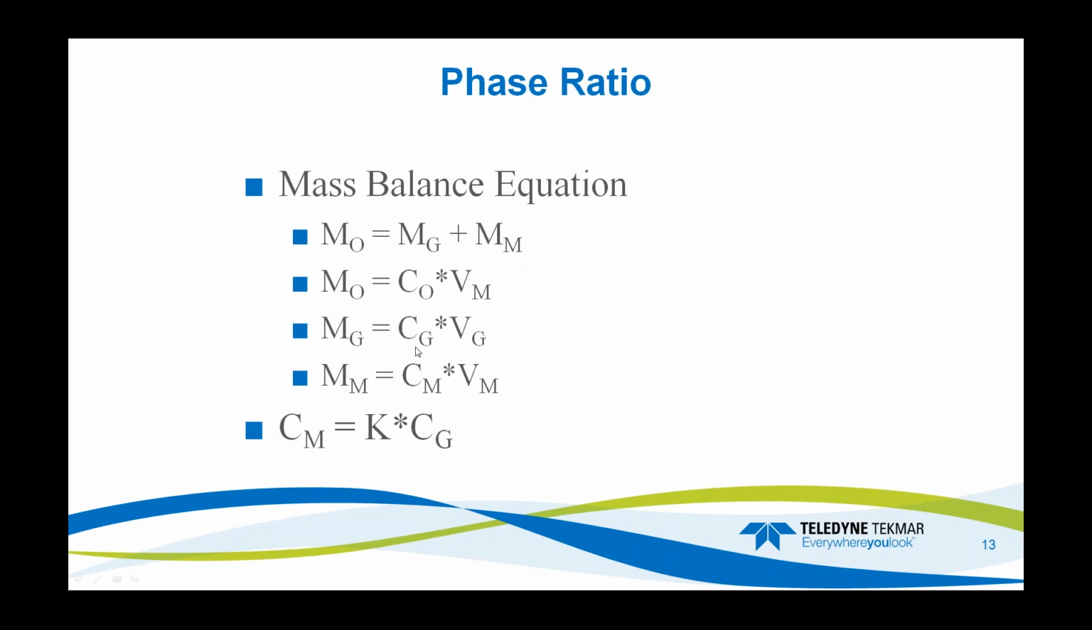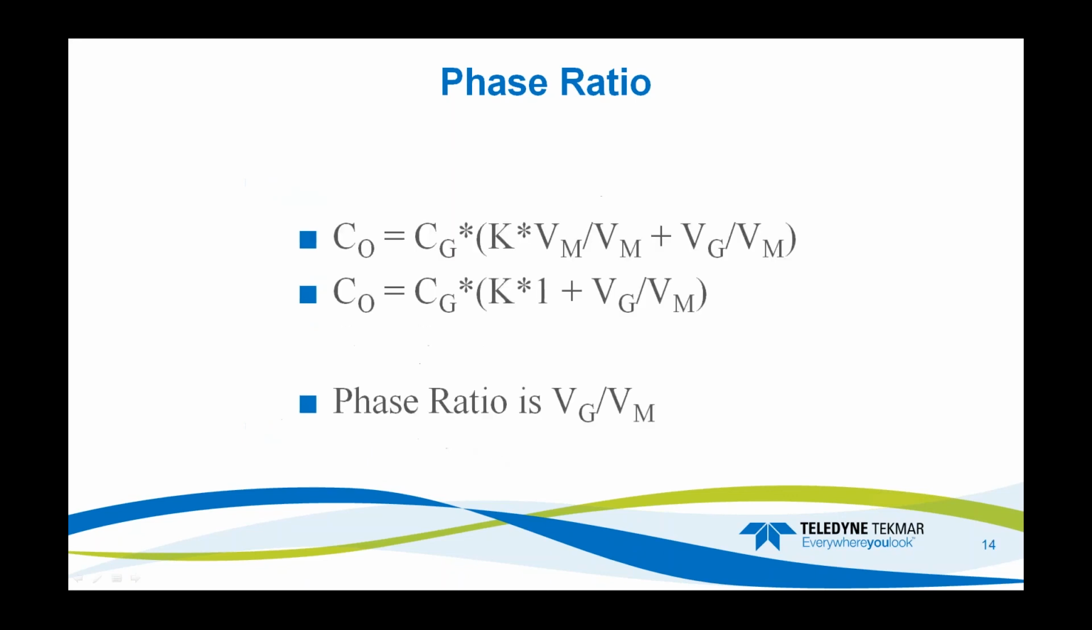In the gas phase, that mass will be equal to the concentration of the gas times the volume of the gas. And in the matrix, it'll be the concentration in the matrix times the volume of the matrix. Putting in the partition coefficient, we remember that Cm is equal to the partition coefficient times the concentration in the gas phase. Combining these equations, we can see that the original concentration will be equal to the concentration in the gas times the partition coefficient